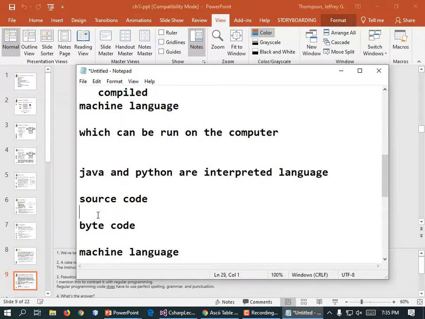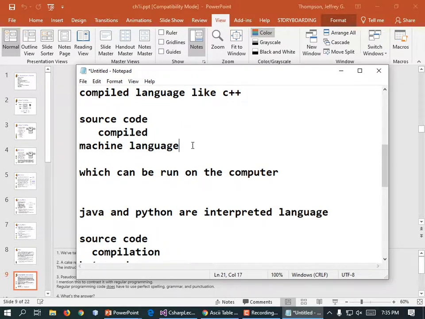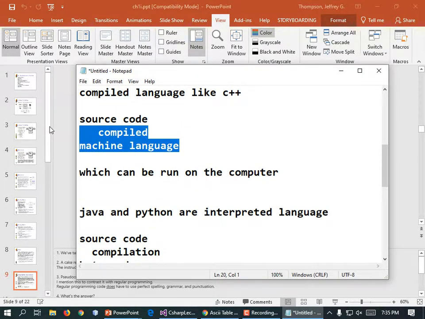This is the act of compilation, and it creates a file that can then be run on any computer. Now with C++, when you wrote a program, it only runs on the operating system for which it was designed. Like you could write a game for your Android phone, but it's not going to run on your iPhone. Not going to run on your PC. It's not going to run on your Mac. When something is compiled into an app, into machine language, it only runs on the machine language for that specific